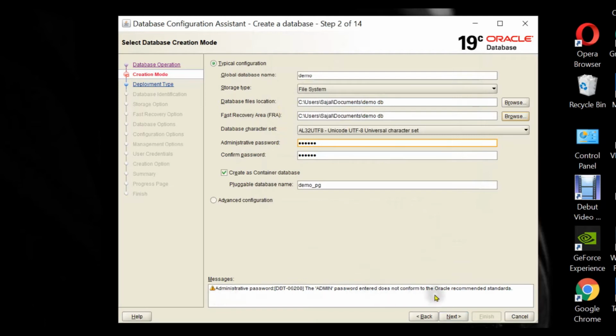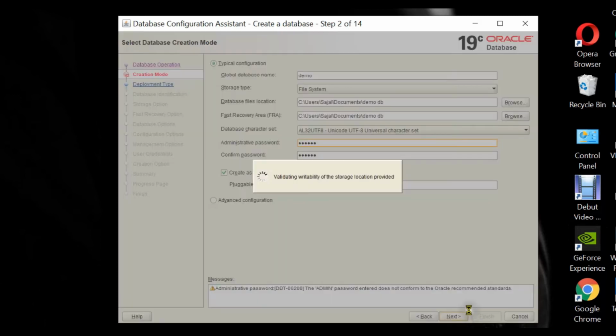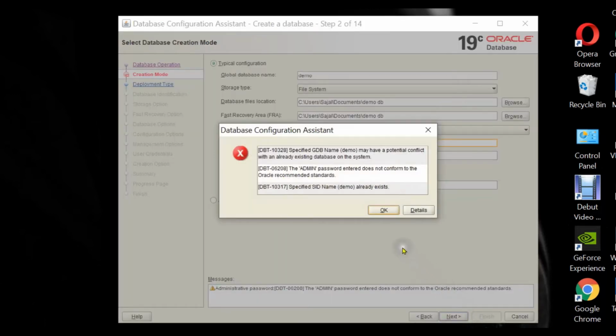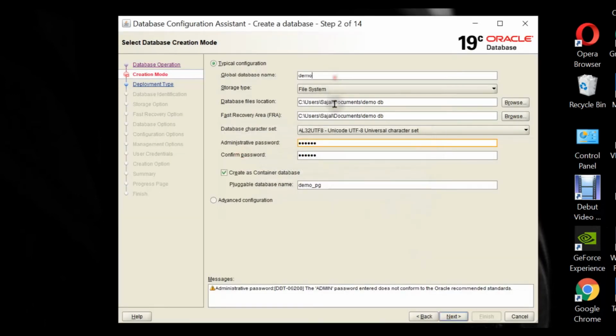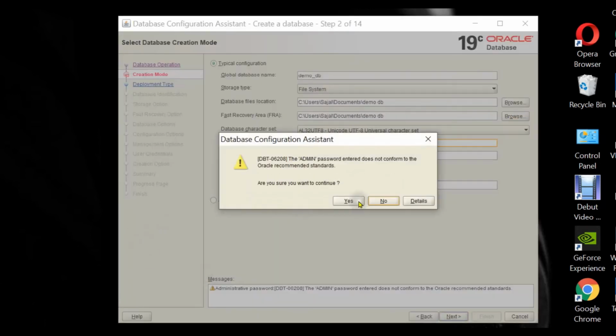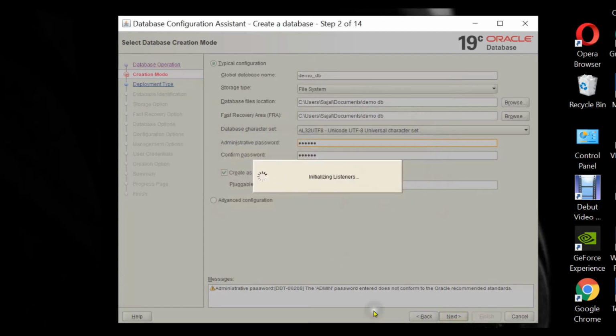And I just have a warning over here that the password which I gave in is not up to the Oracle standards, and I will get a pop-up also again after clicking on next. So go on with next, and it gives me, okay, I already have a database with that name, so I'll just change over here DB and over here DB. So next, so see, it gave us the warning that the password doesn't meet the Oracle standards. We click on yes,